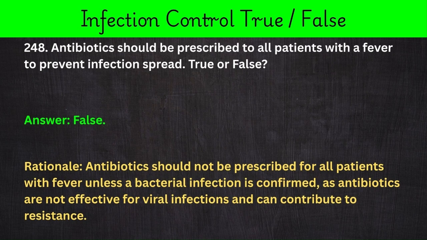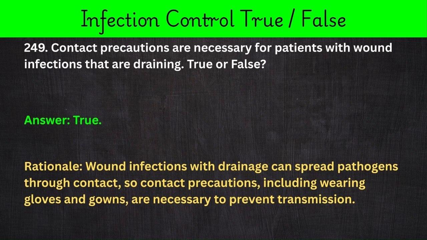248. Antibiotics should be prescribed to all patients with a fever to prevent infection spread. True or false? Answer: false. Rationale: antibiotics should not be prescribed for all patients with fever unless a bacterial infection is confirmed, as antibiotics are not effective for viral infections and can contribute to resistance. 249. Contact precautions are necessary for patients with wound infections that are draining. True or false? Answer: true. Rationale: wound infections with drainage can spread pathogens through contact, so contact precautions, including wearing gloves and gowns, are necessary